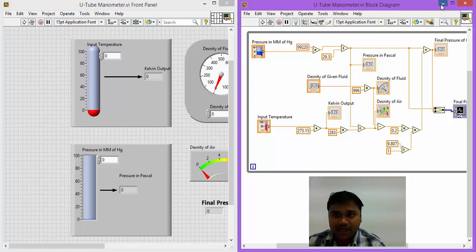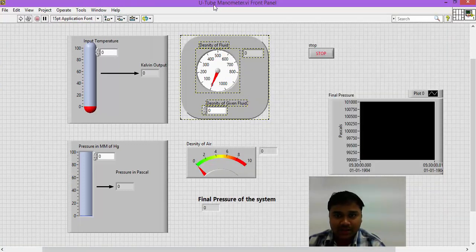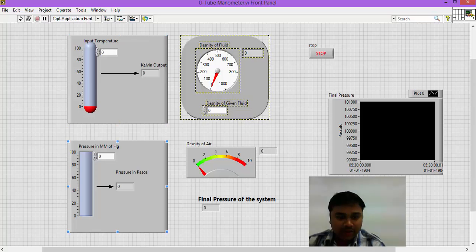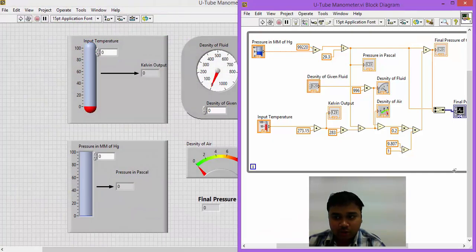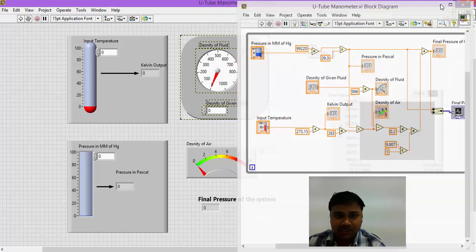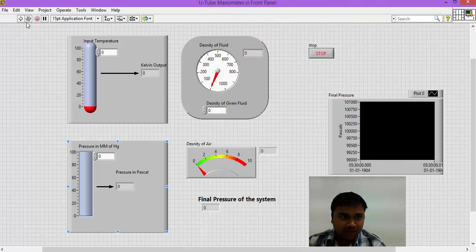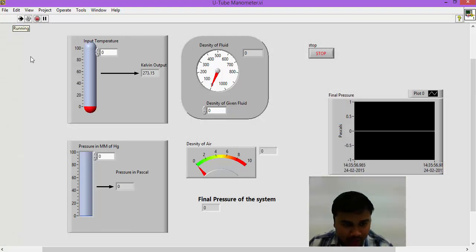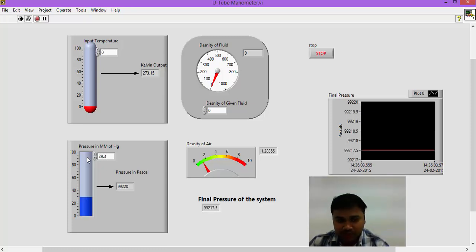For your purpose I am running this program, just have a look at it. I am keeping this program in a while loop. I have already told how to use a while loop in my last class. Now see, once I run this program, if I give my pressure input as 29.3 mm of Hg and my temperature as 25 degrees centigrade, I automatically get pressure in pascals, I get Kelvin in output,